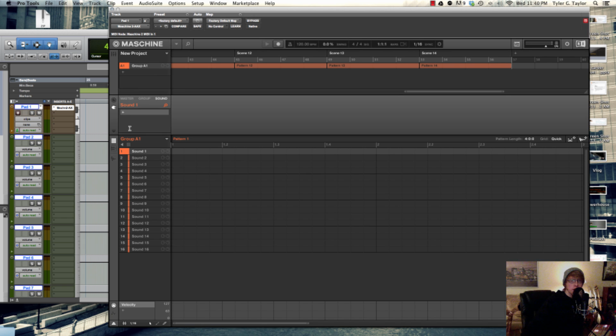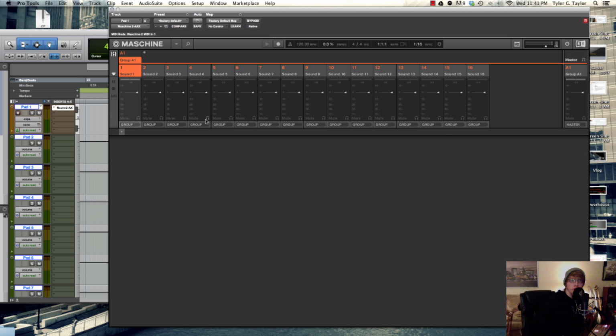The next thing we want to do is route the Maschine sounds into the aux tracks that we created in Pro Tools. So in the old Maschine 1.8, what you had to do was click on the individual sound, and under the out tab, you would switch the main out to whatever you wanted the out of the rewire to be. In Maschine 2.0, what we can do is tab over here to the mixer, and what we'll do is take each sound and route it out. So in order,